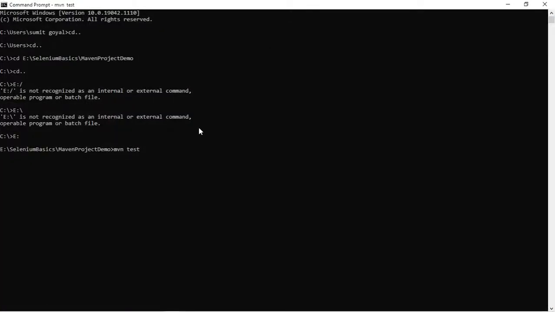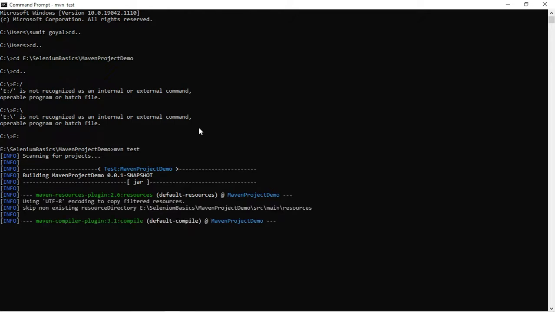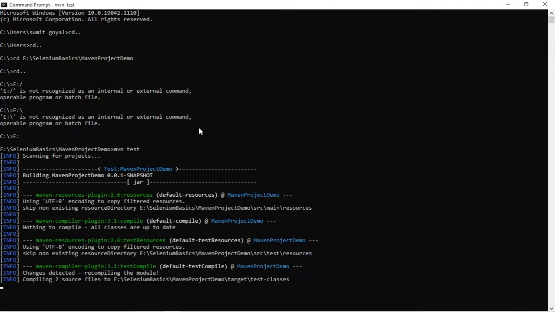So this is what the Maven test command will do. It is scanning my project. You can see this is the same path of my project, but we are running from the command prompt.